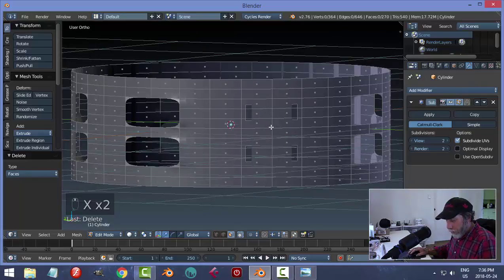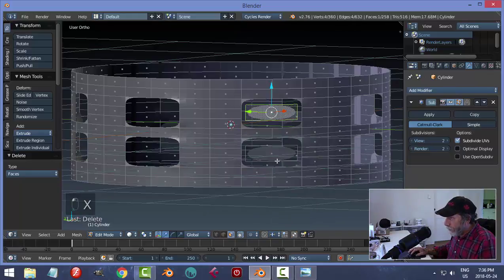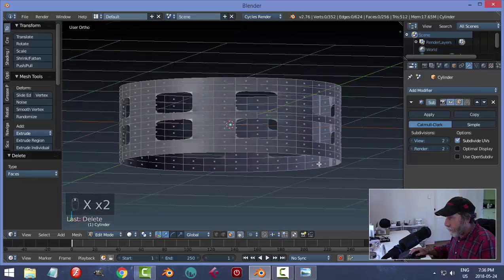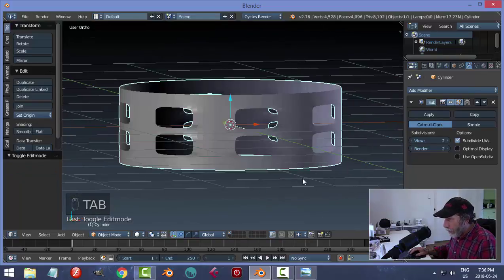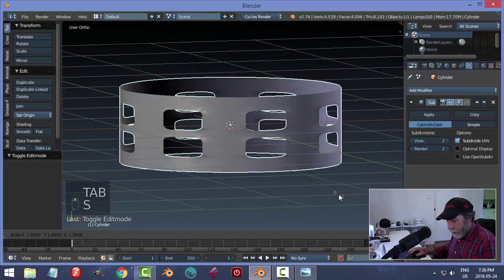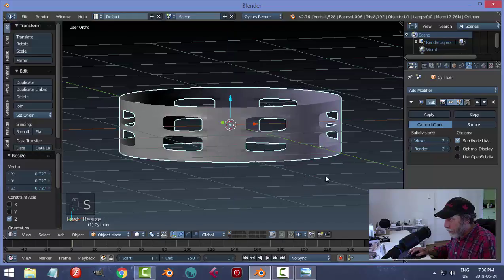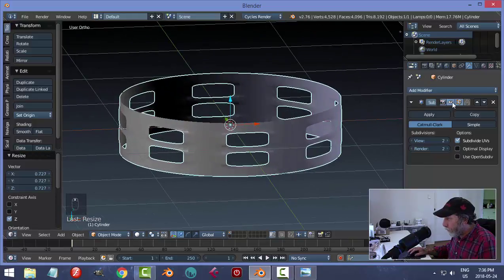There are different ways of punching holes into a subdivision surface, and this is just one that I like to use for this particular object. Go back to object mode, and I think I'm going to scale this in Z to make them a little bit smaller. Okay, I'm going to hit smoothing,